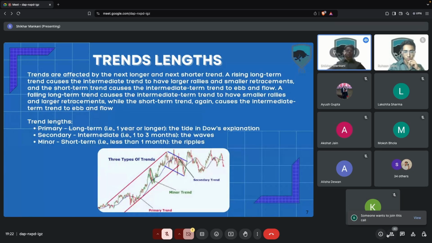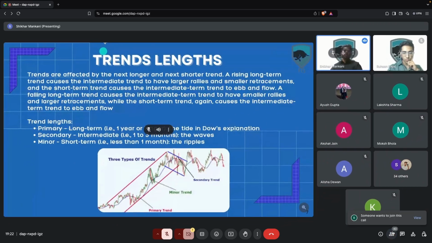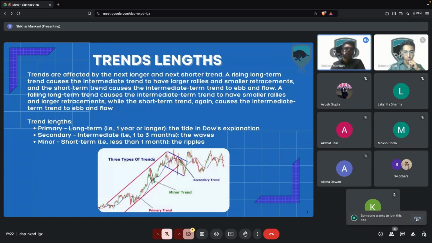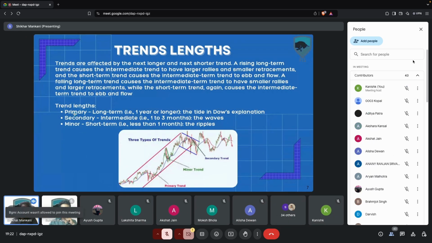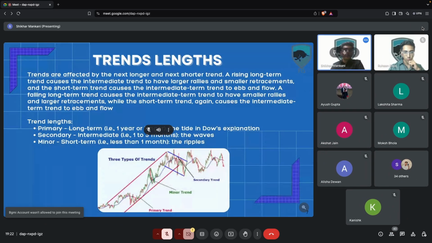I'll just briefly explain a simple concept of trend's length, which is not that important, but then I'll move into the practical aspect of it. Trends are affected by the next longer and next shorter trend. We have bigger time frame trends and shorter trends, as explained in the time frame part, that traders can use the long term trends to analyze what is the trend, and the short term charts to identify buying and selling